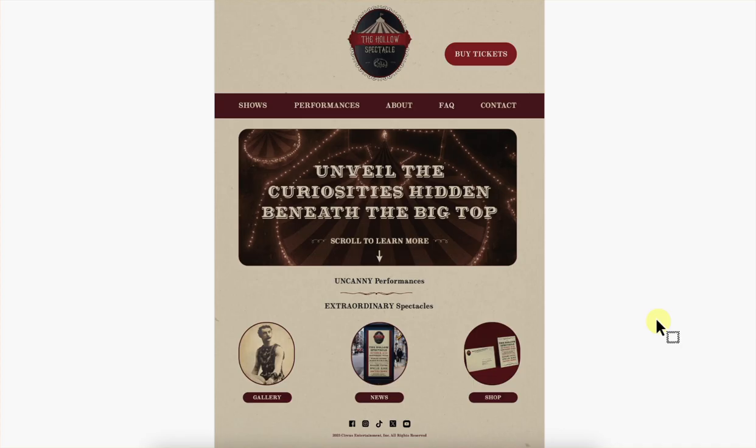I like negative space and stuff. I think there are just a few things we can do to tighten it up a little bit. I think the menu is okay where it is. I think buy tickets could be larger text,